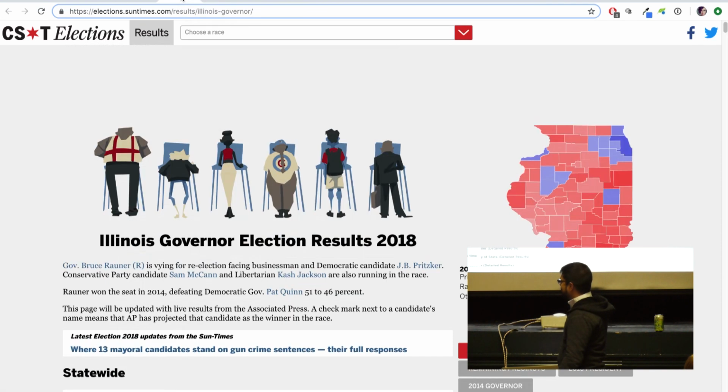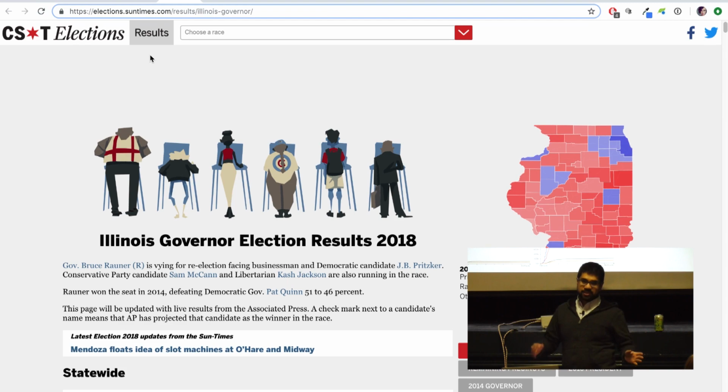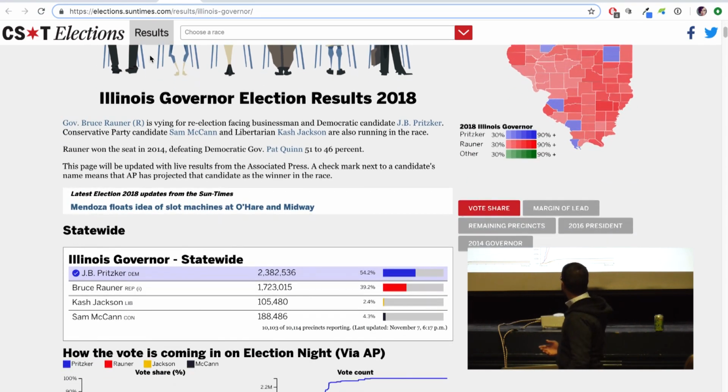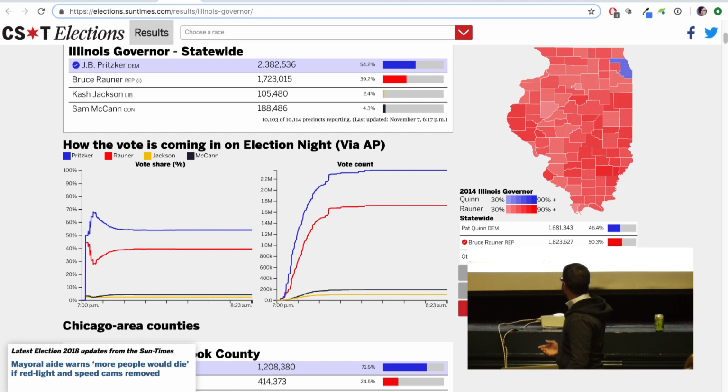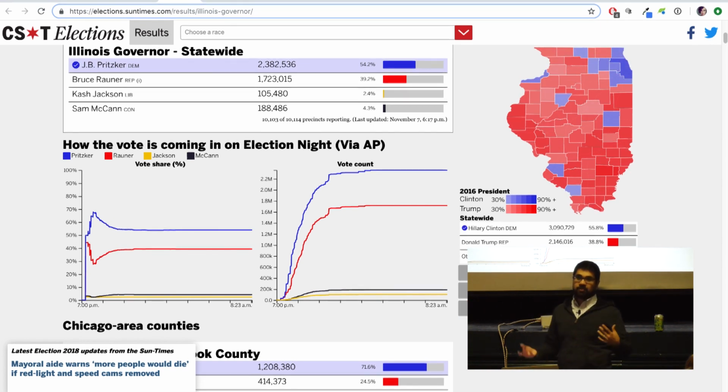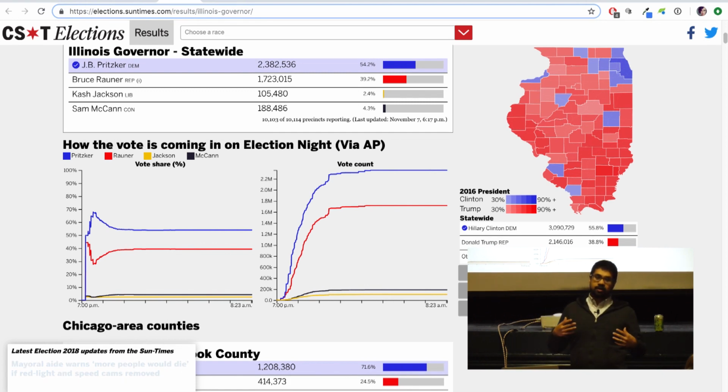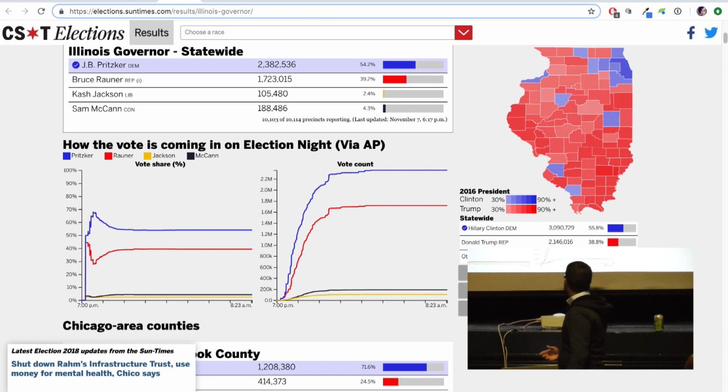So that's the main page, but we also got a little more granular, and I think one thing I don't see on election night is being on the same page and getting some context about past results. So I made sure to include results from the last governor's race, which the Democrats only won one county there. And I also compared to the 2016 presidential race. So people get a sense real time how things are going and how this compares to things in the past.